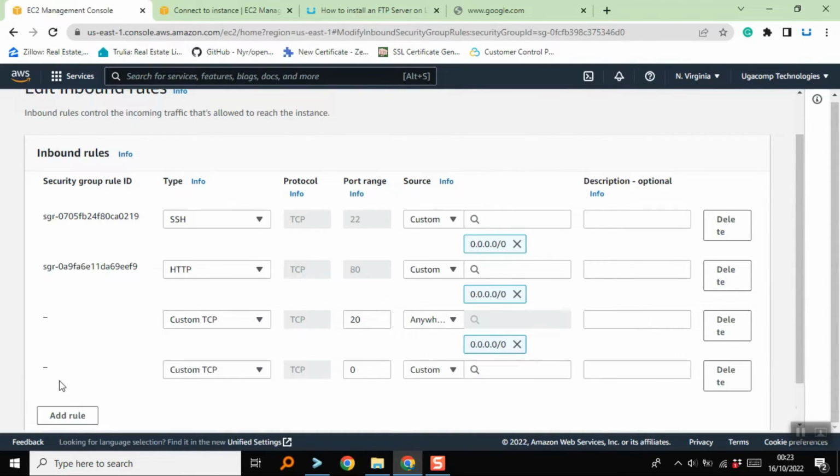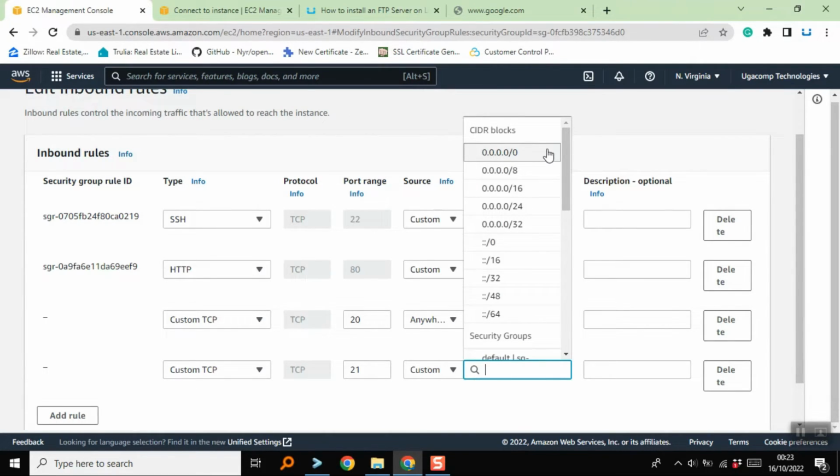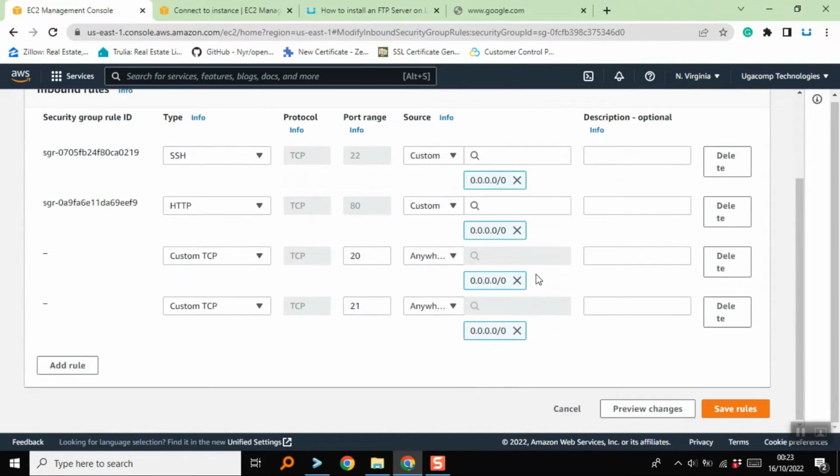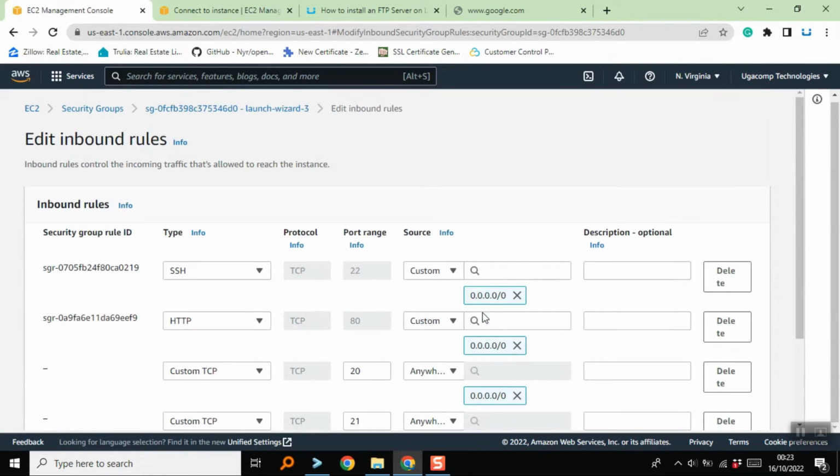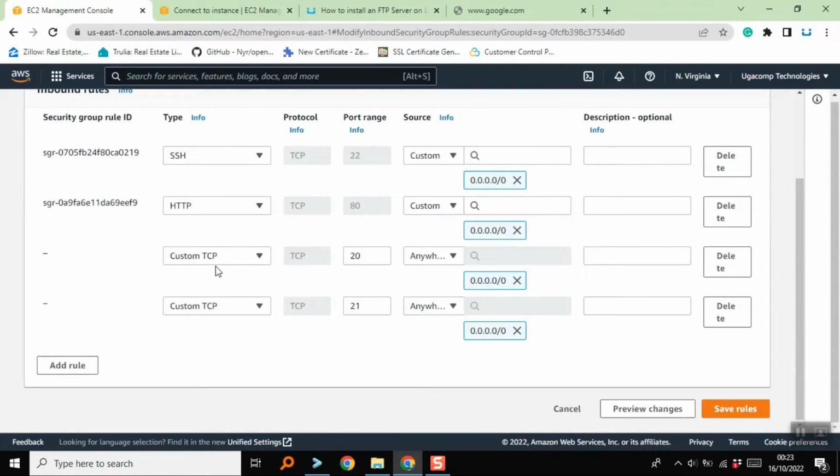We also have to add another rule, another port, which is port 21, which is for SFTP, secure FTP, because we're going to use a private key to access our FTP server on the client. Okay, so after adding the rule, remember these are inbound rules, not outbound rules, so don't get confused. We are adding inbound rules. So under the inbound rules, you add SSH, and you add ports 20 and 21. So you save